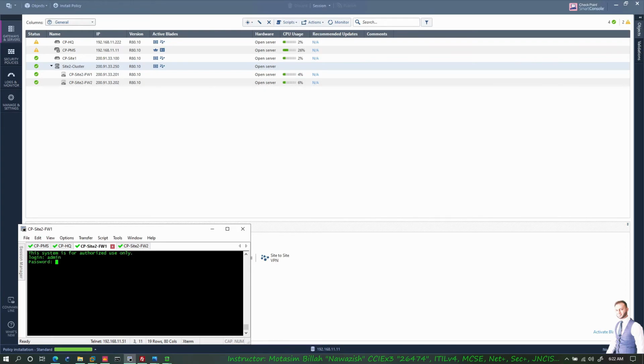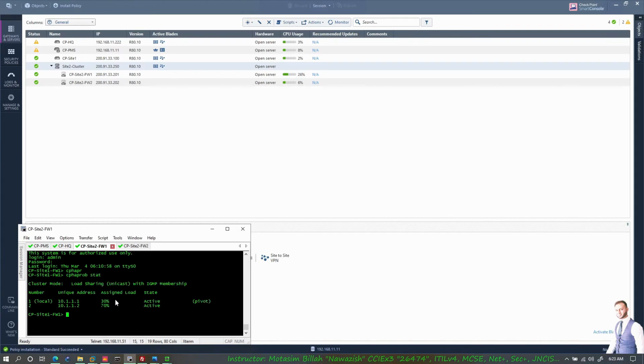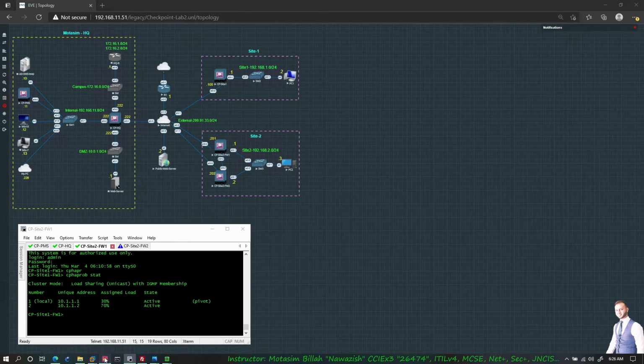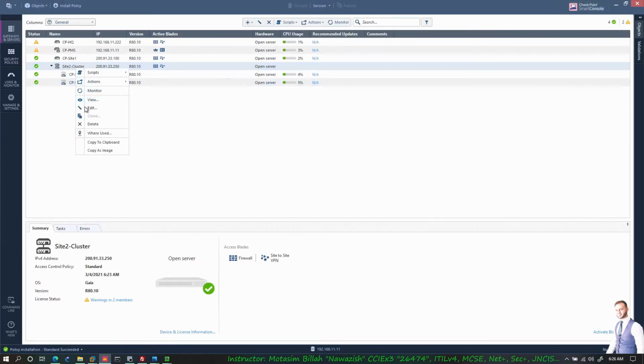So I'll log in, admin 123. So it's CPHA probe state. Now here you can see 30% of the traffic, the load, is going via this device, and the rest, which is 70%, is going via the other device. But the state of both of the firewalls is inactive, and we can change it from unicast to multicast by right clicking, edit,